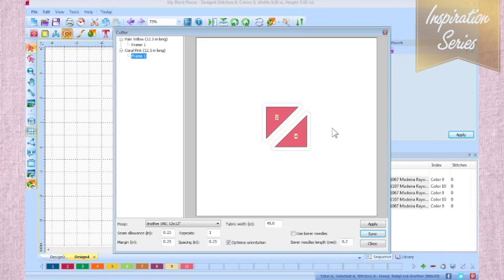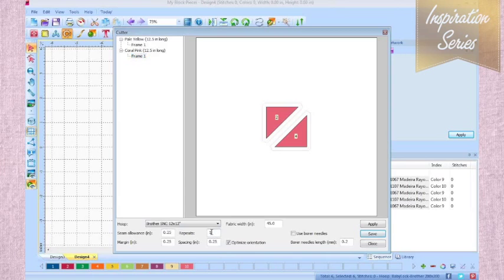I could cut it with my rotary cutter. I could print out templates and stick them to my fabric and manually cut them. I can use the tools I have for the job at hand. Now, when I'm cutting out my blocks, I can also come down here and say, well, I'm going